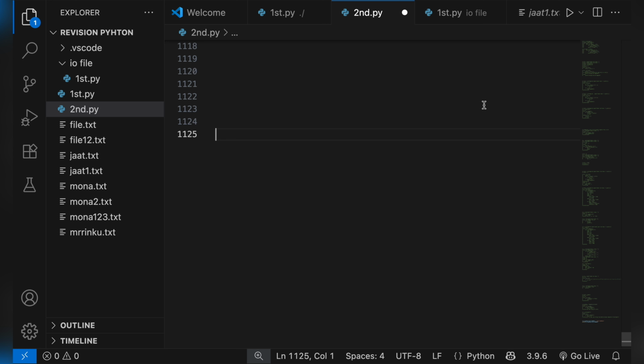Hello everyone, welcome to Adventures Programming, and today we are going to make a Python program to remove digits from a string. Okay, so first I will take a string